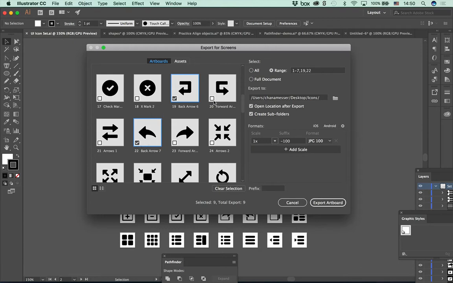Yeah. It will name them with the name of the artboard. So if we named our artboards, it will name them. And then if you do the different sizes, it's going to tell you scale 1, 2, 3, and 4. So guys, if you want to make that at a scale, it's just going to do the same one. And it's going to be 1x, 2x, 3x. And now if I'm going to say export artboard,